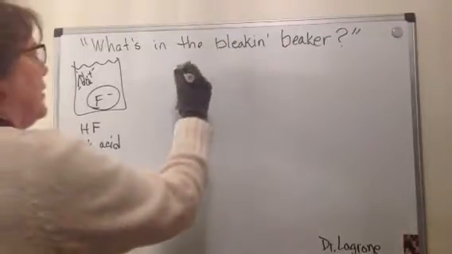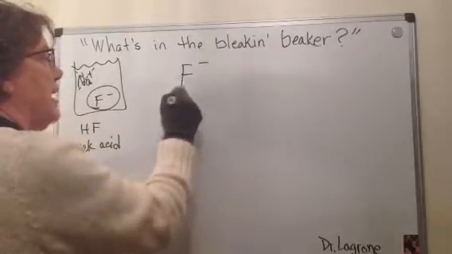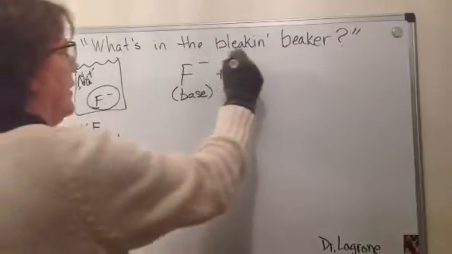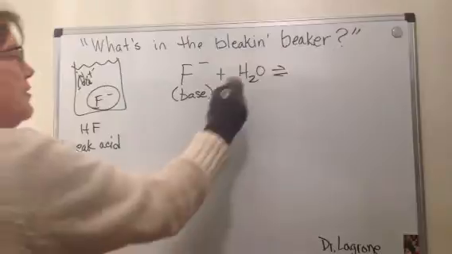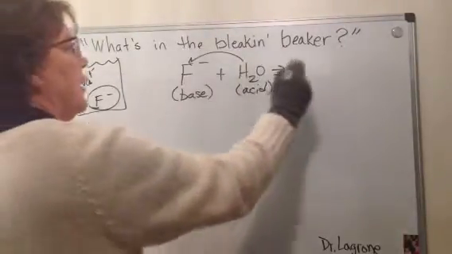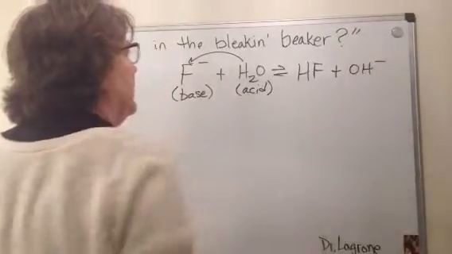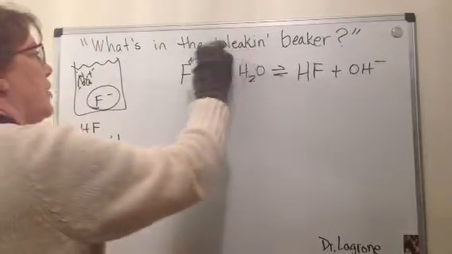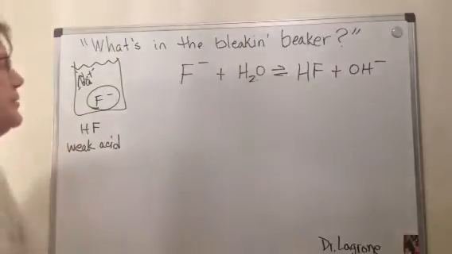So to write the reaction, you take fluoride ion, which is the conjugate base of the weak acid, hydrofluoric acid, and let it react with water. Since it's the base, water acts as the acid, donating the proton, and you get hydrofluoric acid plus hydroxide ion. So don't let hydrolysis throw you. It's still going to be a Bronsted-Lowry acid-base reaction,